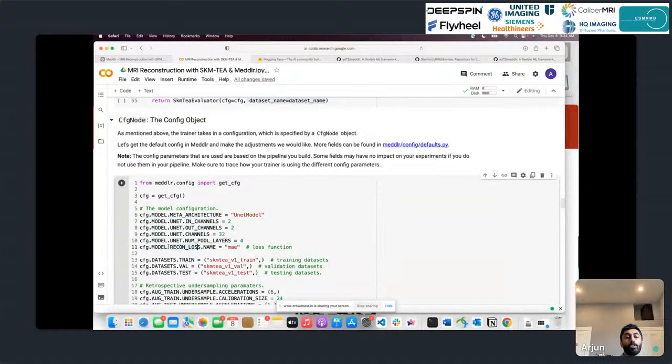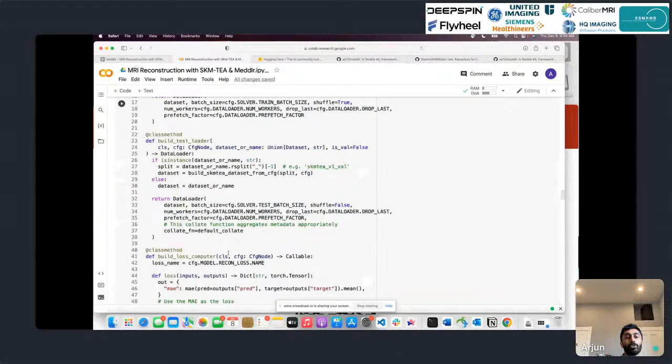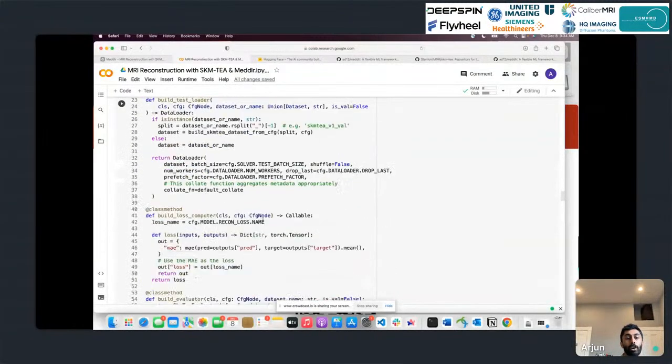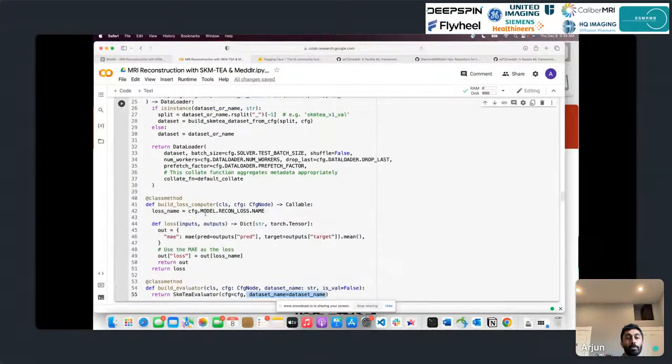And then we can also define what the loss function we want to use here is. So we wanted to use the MAE loss. And if we scroll back to our trainer, we can see that when we're building our loss computer, we're actually looking at this particular field in order to determine what the loss is. So this, again, is